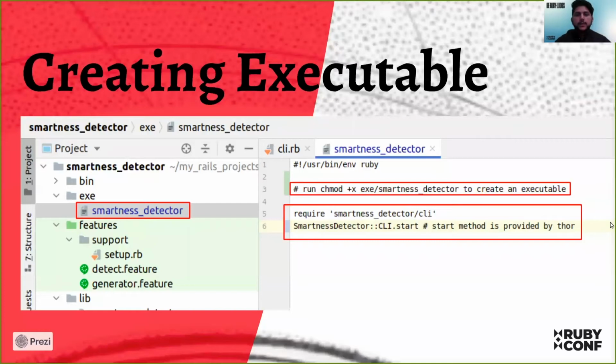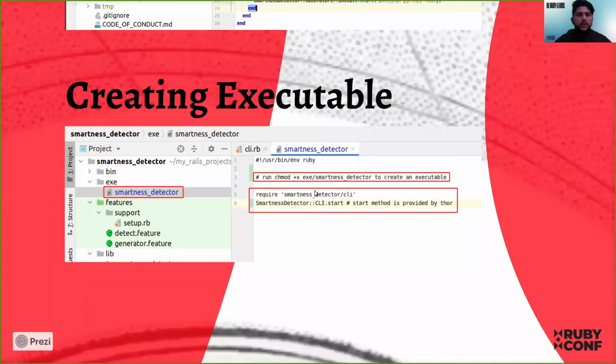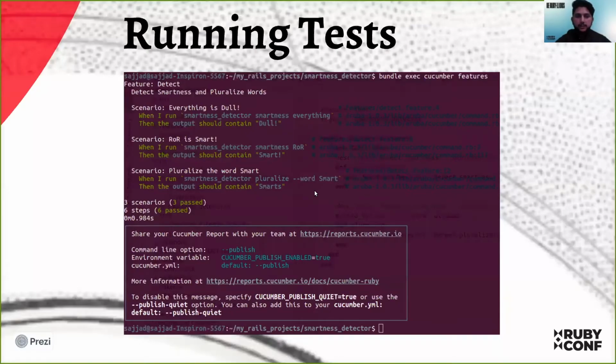The start method is basically provided by Thor. Once you have this code in place, you just need to run the chmod command on your terminal to create the executable. Once we have the executable, we can run the test and everything should be green. Now we have support of CLI in our gem.